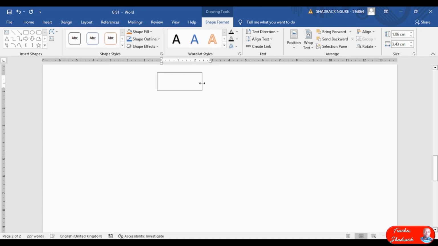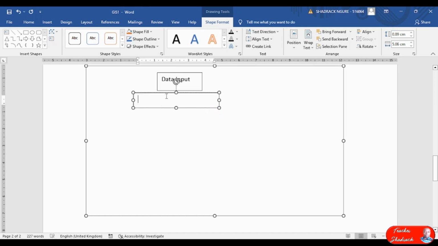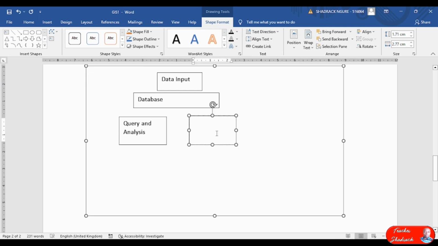I will not so much mind about the size for now until I am done with the whole design, and thereafter I'm going to organize my different items. The next shape has got the word database. There are two other boxes at the bottom here. One is reading query and analysis. Then the other one is another text box, which is reading output